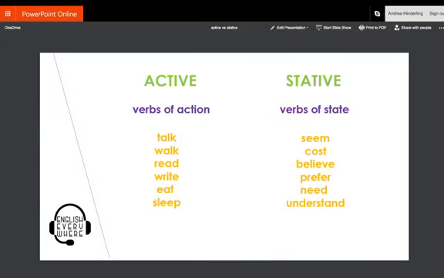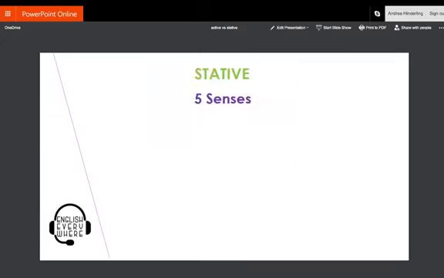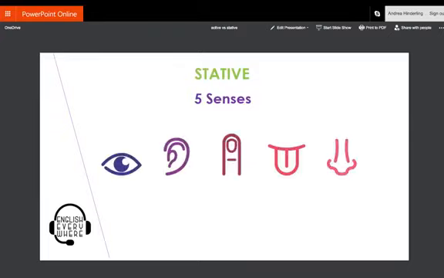Okay? I'll give you some more examples. For example, the 5 senses. Yeah? The 5 senses. We have an eye, an ear, a finger, a tongue, and a nose. The 5 senses are see, hear, touch, taste, and smell. So generally speaking, and again, it depends a little bit on the context,